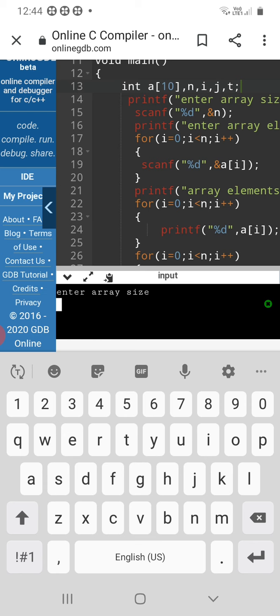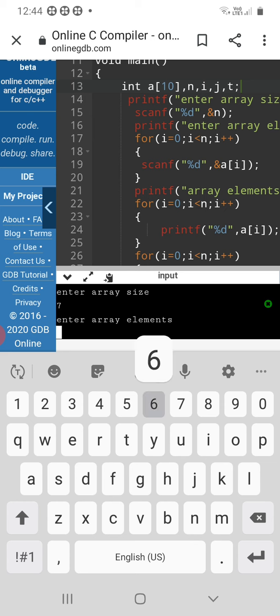Enter. Here we have to enter the array size. I am entering 7. Here it asks for the array elements. Enter array elements.